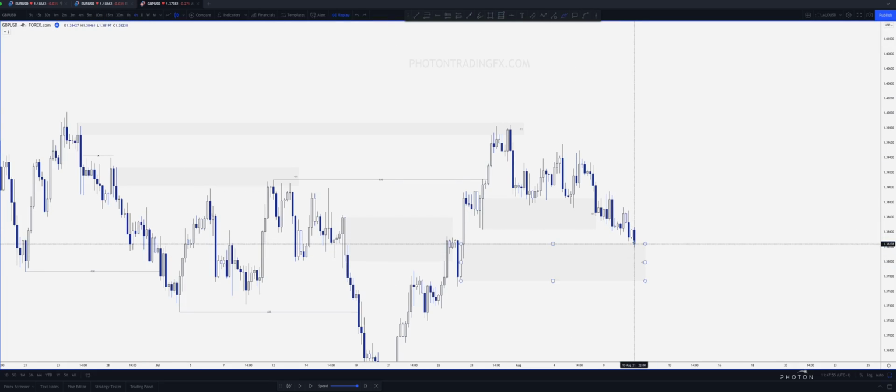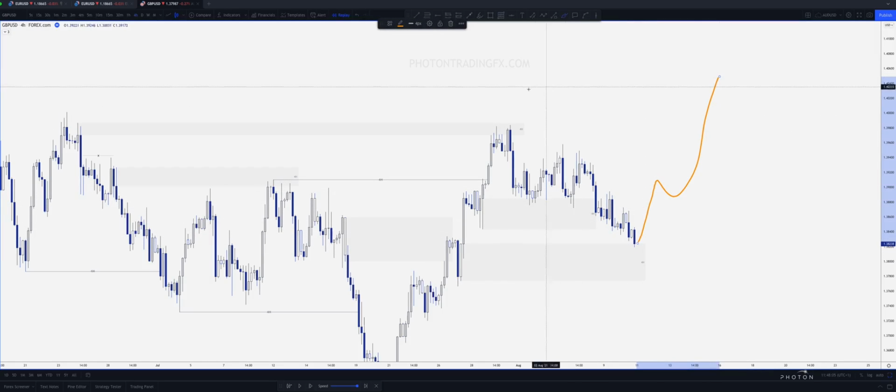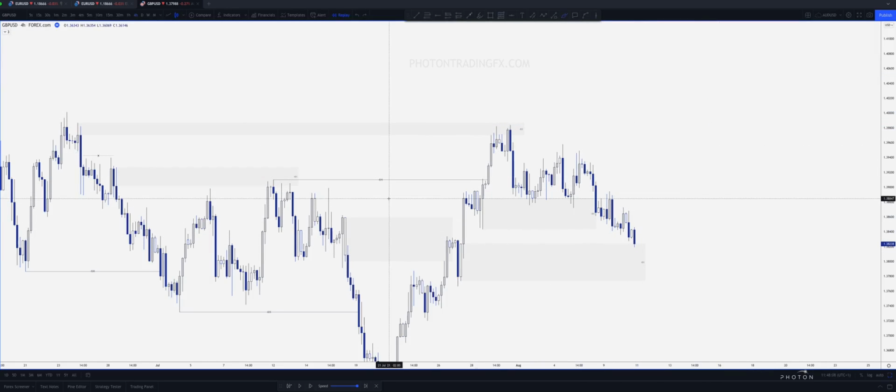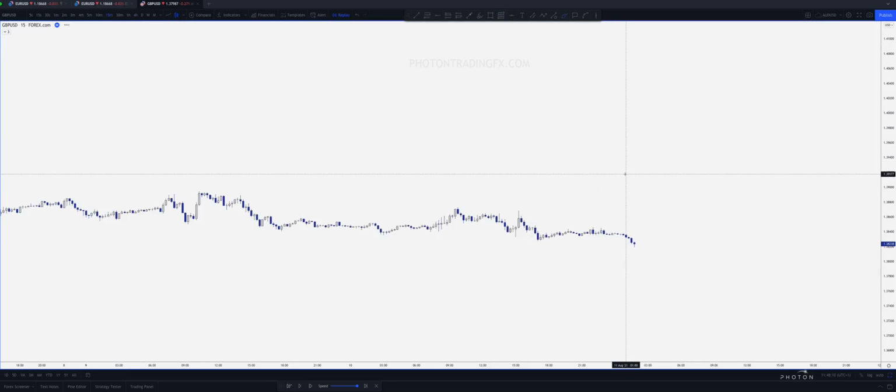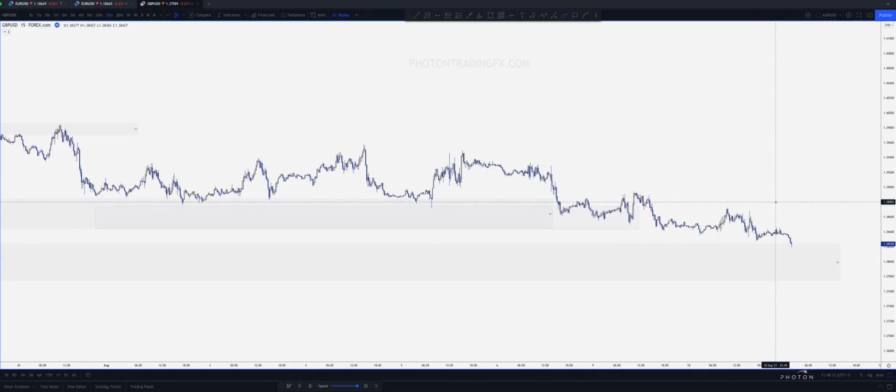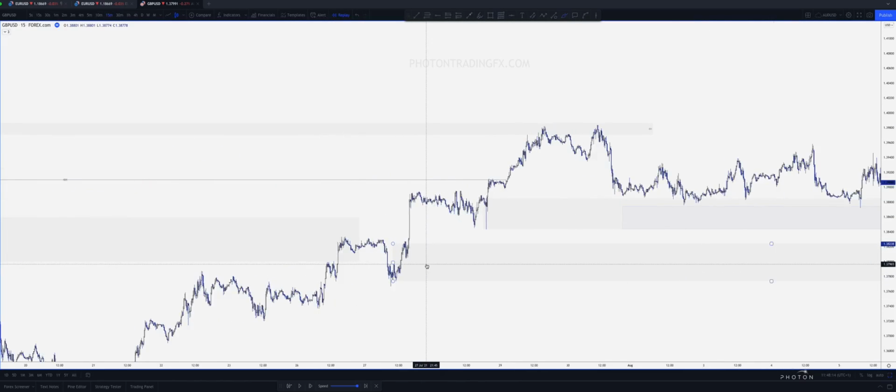I'll look for longs, but really in terms of management, I want to see these highs start to go. This last area where that last bit of flip happened, I want to see price break that before I've really got conviction that we're now going to start to gun for that high there, okay? So jumping down to the 15-minute time frame, as price is coming down towards the zone here,